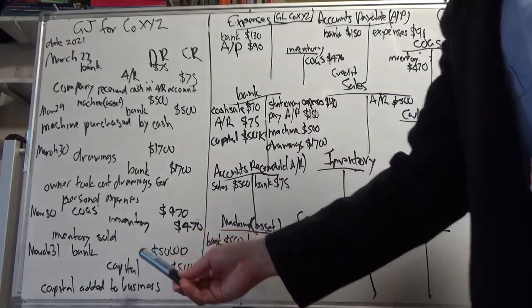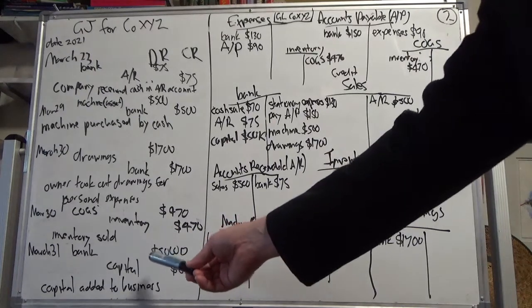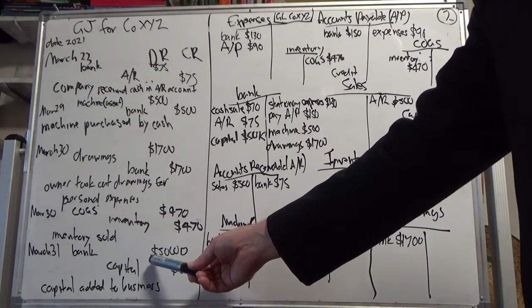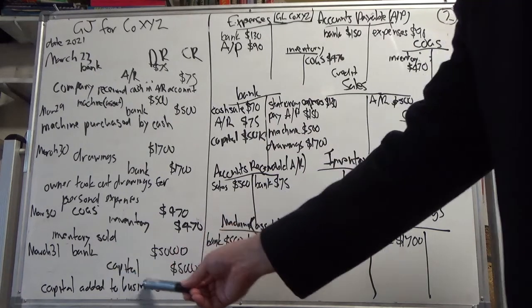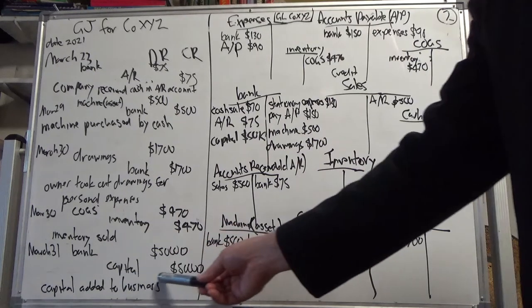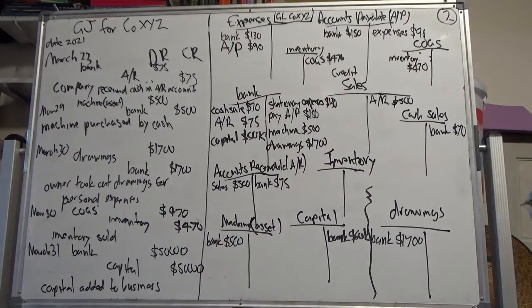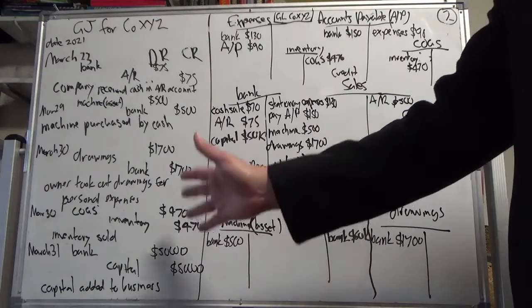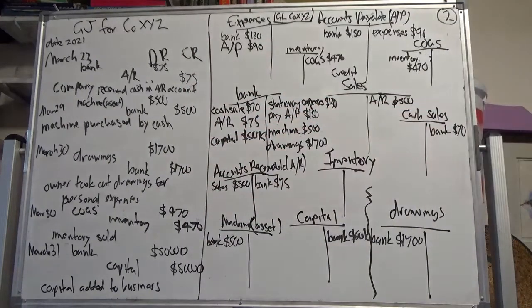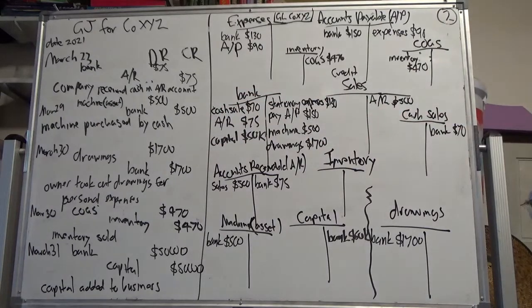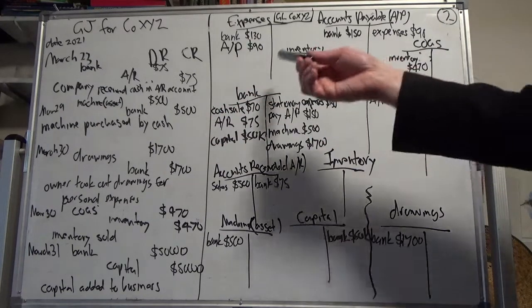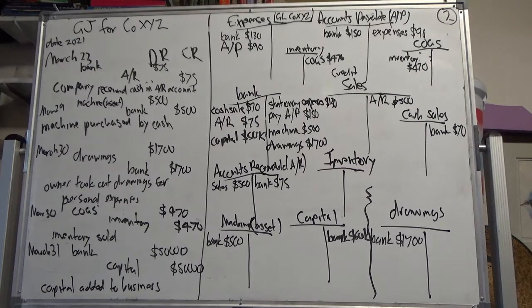$50,000 went to the bank, debit item, the firm's bank account, and capital was increased. Capital is always a credit item, and we increased capital by $50,000. So that's the general journal, okay, outlining the transaction, the debit and the credit, the date, a brief description of the transaction, and now these figures have to be posted to